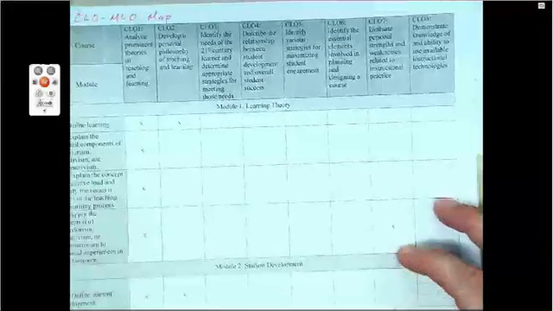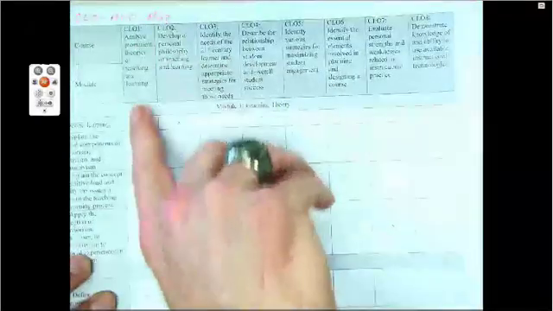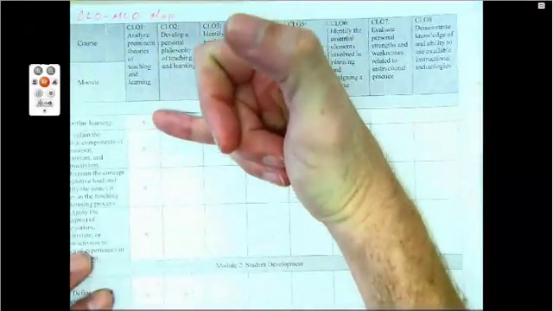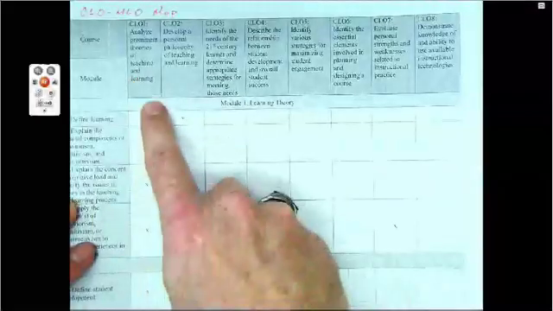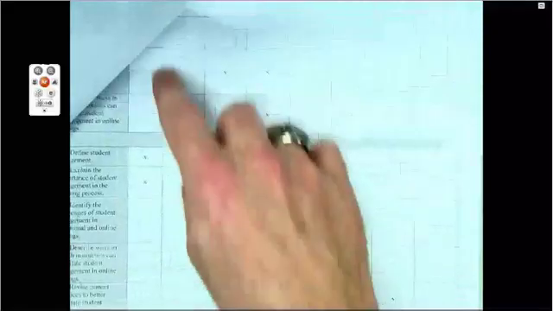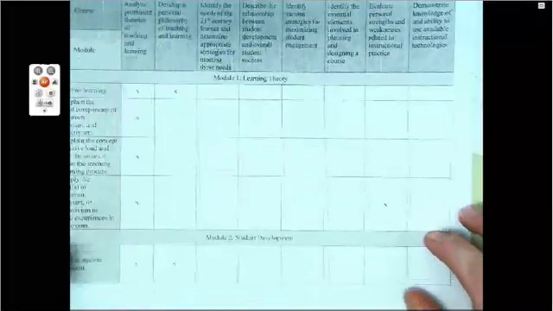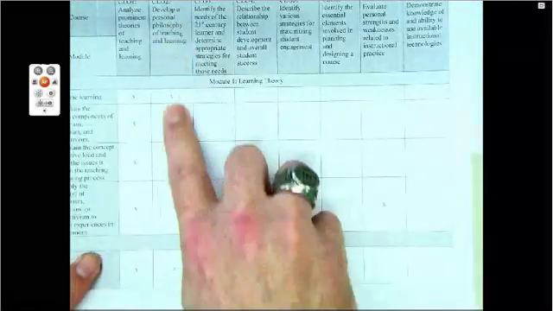Okay, so if I want to maybe check and see that each one of these course level objectives is being supported equally, then I can just go down the column and count how many X's I have, right? How many module objectives do I have supporting this first course objective? 1, 2, 3, 4, 5, 6, 7, 8, 9, right? So 9 module level objectives supporting this one course level objective. Whereas for course objective 2, I have 1, 2, 3,